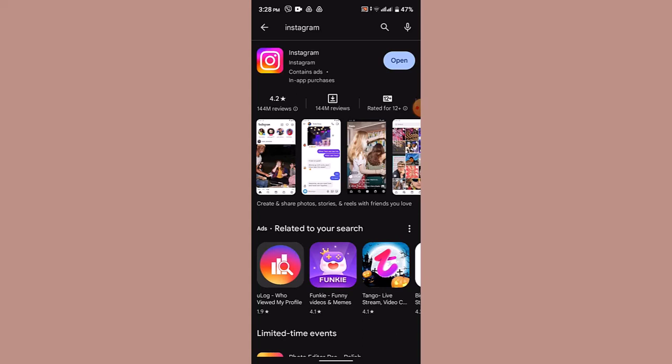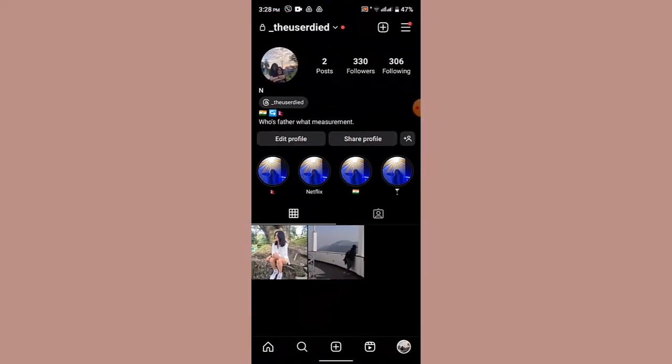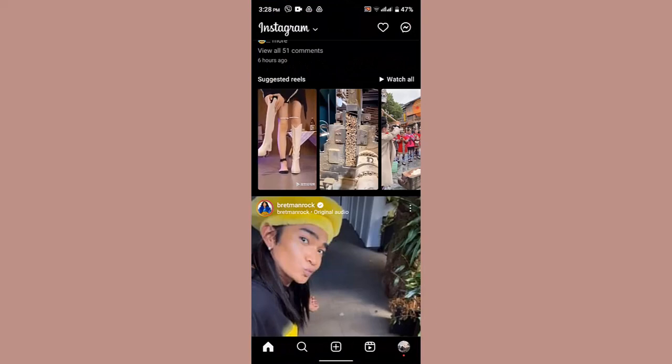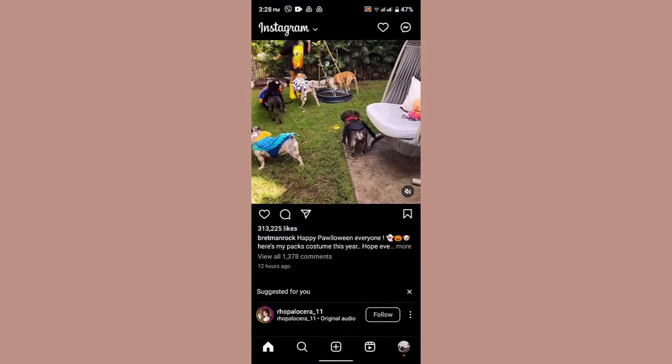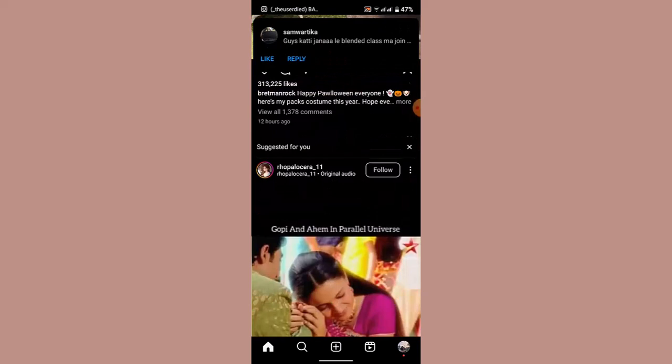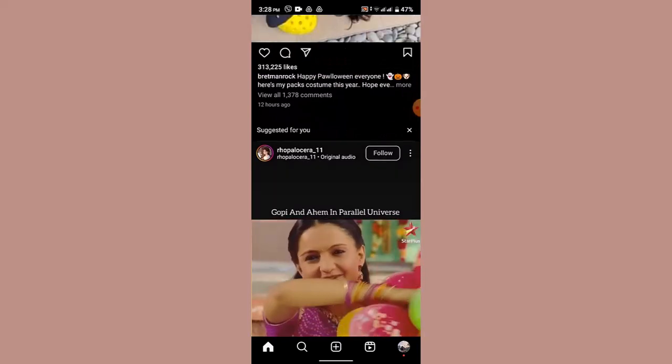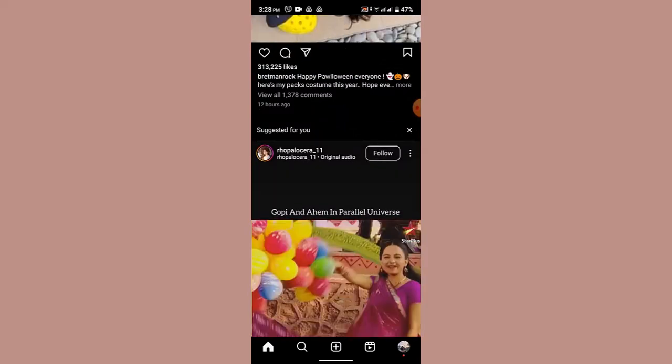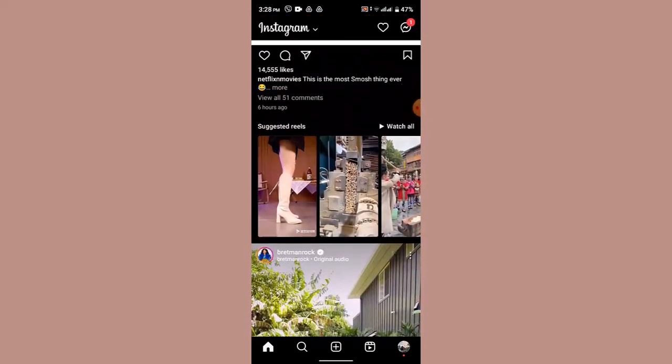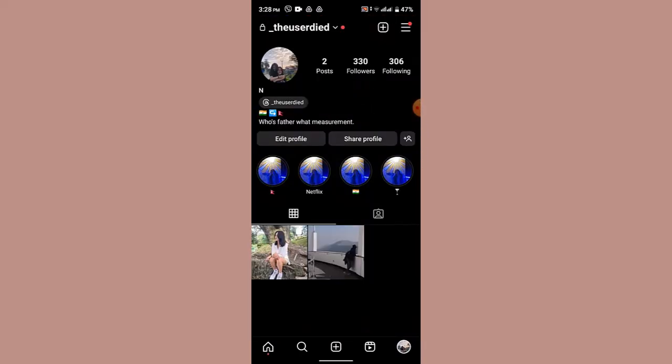If you see update, tap on it and wait for the application to be updated. After you're done completely updating the application, click on the open button and then log in into your Instagram account. Once you're logged into your Instagram account, you'll be directed to the home page, and this is how it's gonna look like. Now on this page, click on the profile icon from the bottom right hand side corner, and you